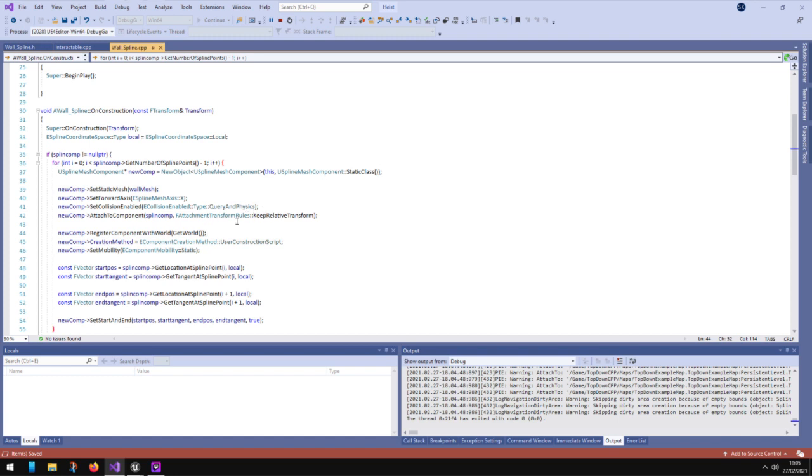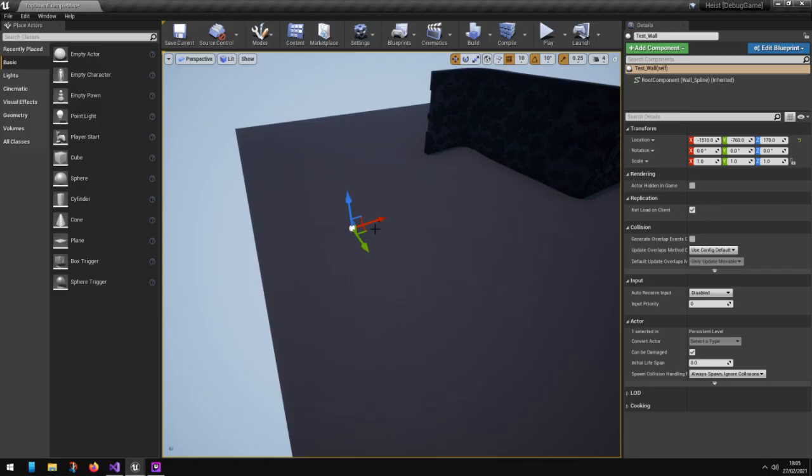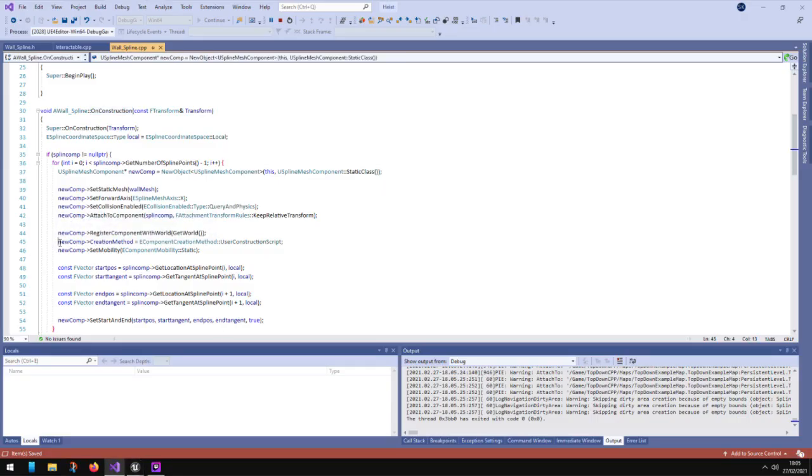Then I noticed an issue with regards to this next line of code. If you don't have this, every single time the OnConstruction method is called, whenever you move this, it would go through the code, and the components would be continuously recreated. So if I do this now,